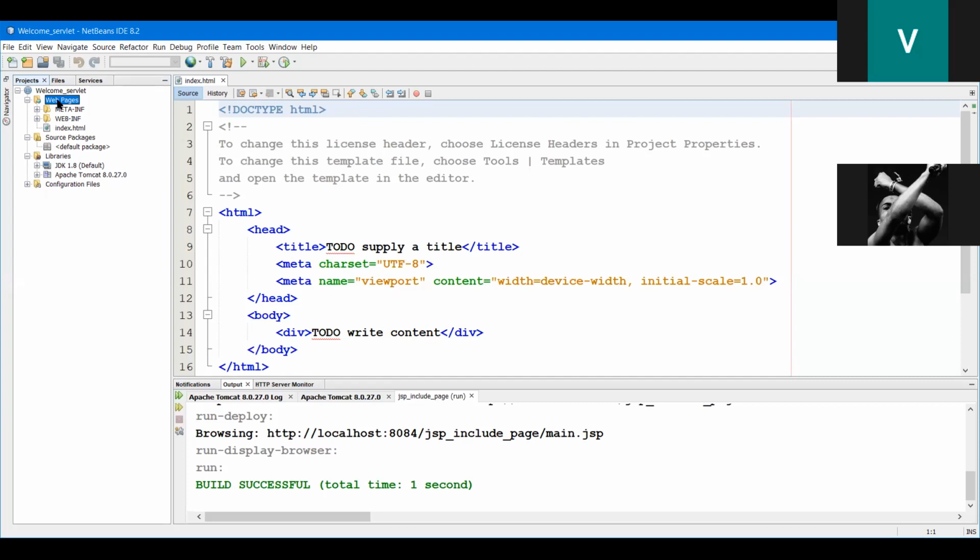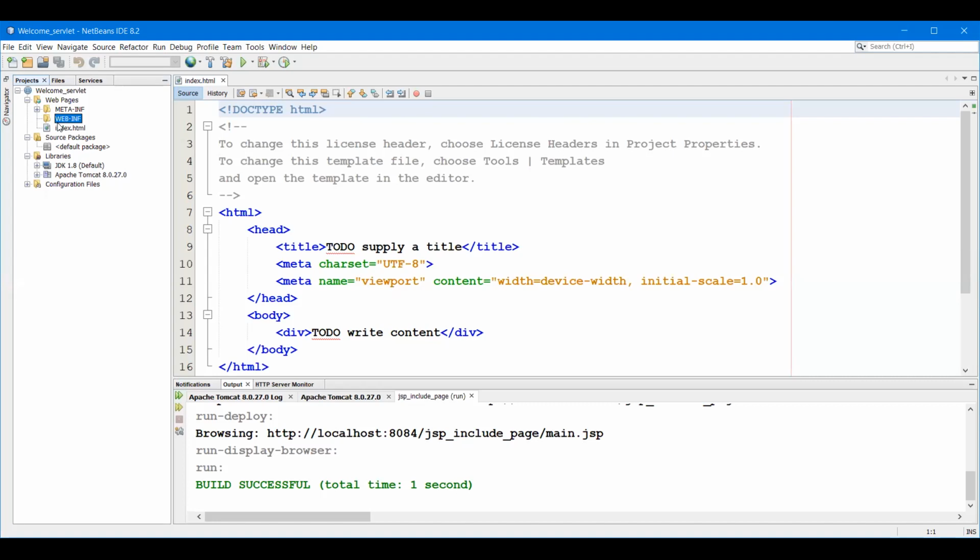Before index.html, it will check in WEB-INF. Here we see WEB-INF. Inside this, there is no web.xml. This web.xml will be created automatically when you create a servlet, or you can do it manually. My suggestion is to create the web.xml file automatically during your servlet program. Whatever HTML files there are, you should store them, or create new HTML files, under the Web Pages folder only.